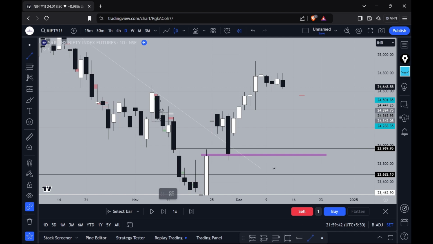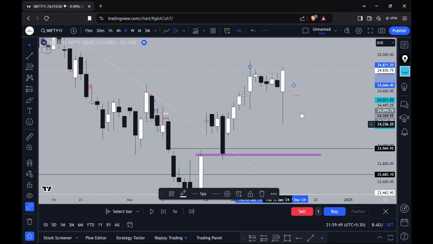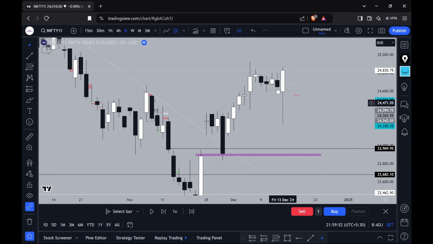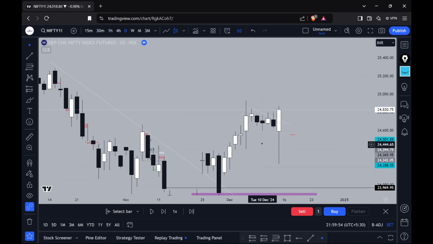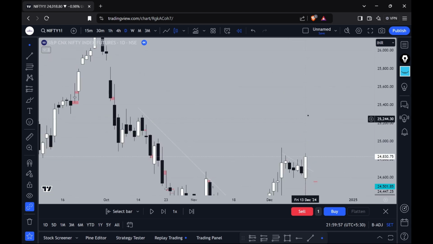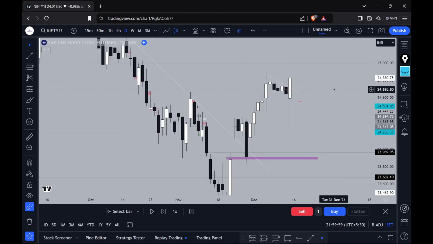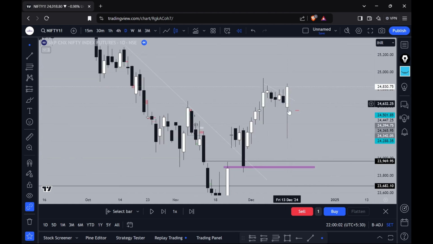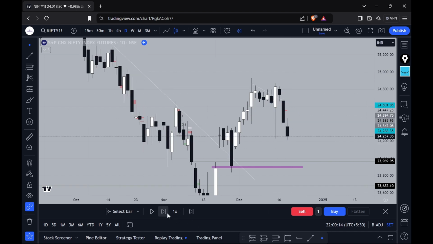Okay, now what people are trying to do, this is at the top level, it is trying to break out, that's why it's going sideways here. You see this breakout. Oh God, yes, this is the bar I wanna see. Now Nifty will definitely go to 25,000, 26,000, and all. Boom, 35,000 also. See this huge bar. To be very honest, guys, I've seen a couple of top Indian traders telling that the market is so bullish upon seeing this bar. Yeah, how bullish? This much bullish. All your stops are gone.